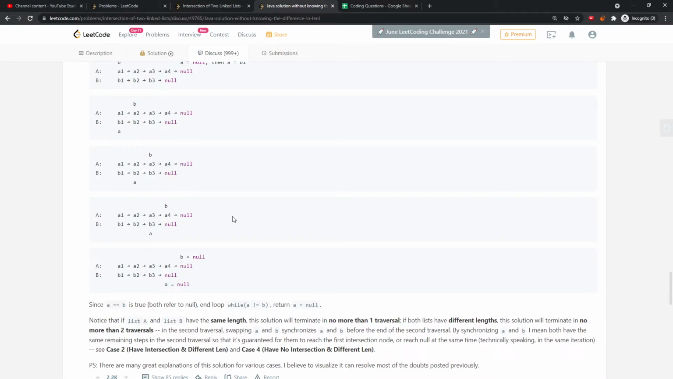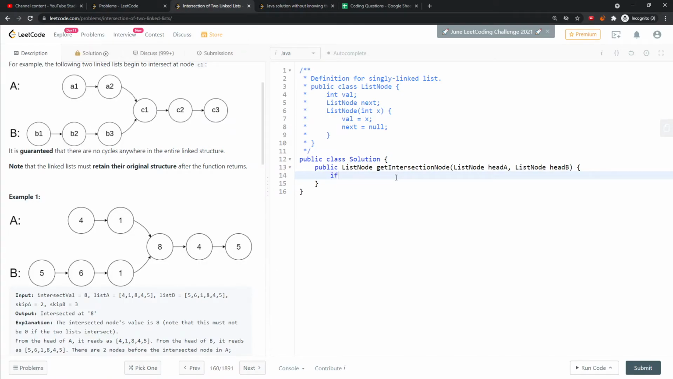So how do you code it? Let's think about it. The base case is head A equal to null or head B equal to null. You just return null, since you don't have an intersection. Otherwise, you have node A pointing at head A and B pointing at head B, and while A is not equal to B,